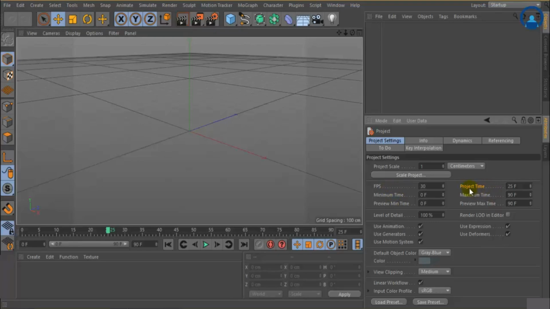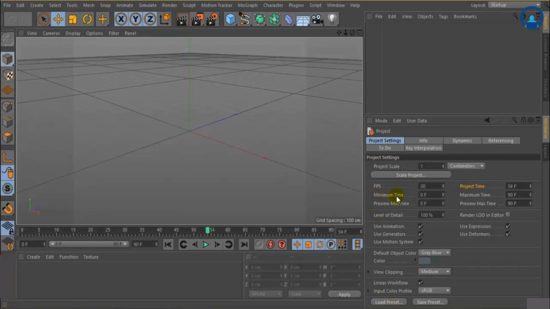The next thing is project time, which shows the current timing of my timeline. If I drag it over here, you can see it changing accordingly. If I click on, okay, I am on frame 60, it's showing me 60. You can directly type over here where you want to jump from this frame 60. I type 25 over here, and you can see it directly jumped to the 25th frame of this timeline. You can change that from this box too, or you can drag this like this to access a particular frame.